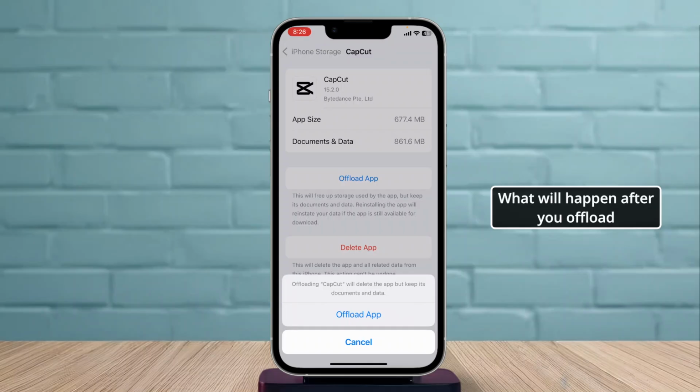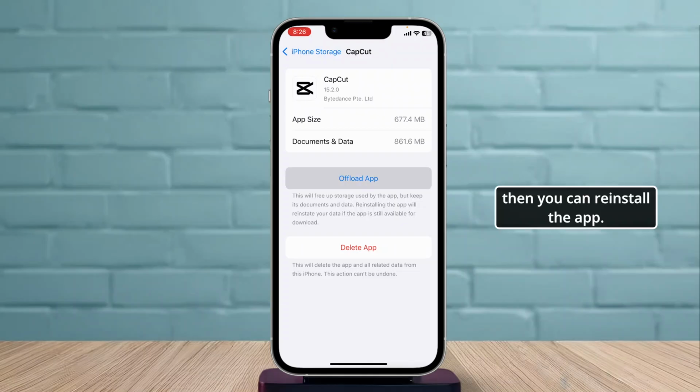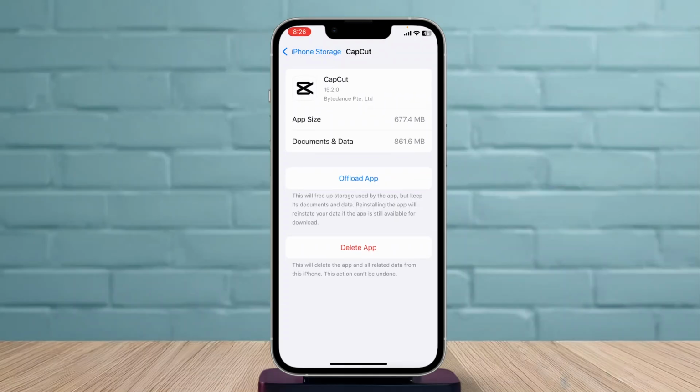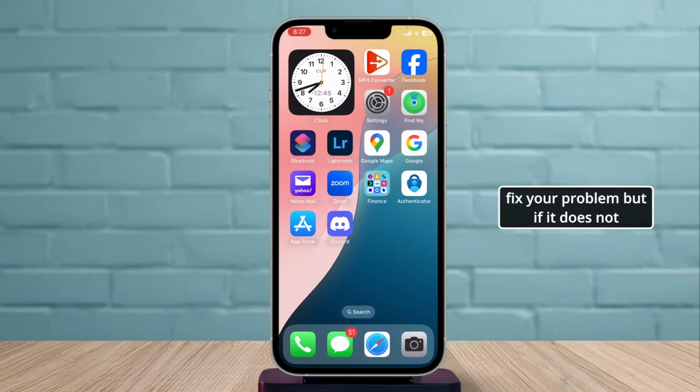What will happen after you offload the app is all of the cache from your CapCut will get deleted, and then you can reinstall the app. You'll get the reinstall button right here instead of the CapCut offload button, and you can simply reinstall it and use it. That should fix your problem, but if it does not fix your problem, simply head over to your